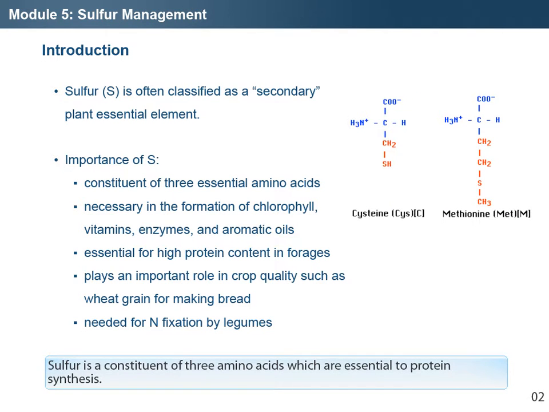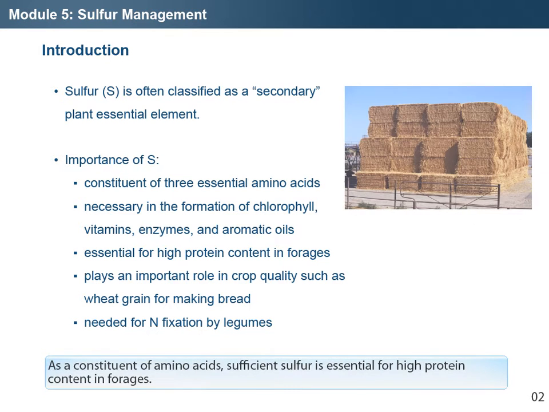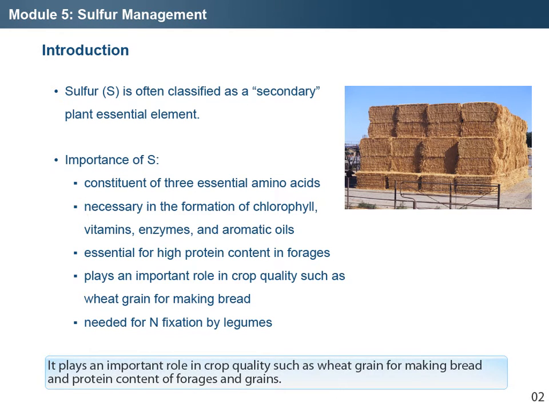Sulfur is a constituent of 3 amino acids which are essential to protein synthesis. Sulfur is also necessary in the formation of chlorophyll and other important compounds. As a constituent of amino acids, sufficient sulfur is essential for high protein content in forages. It plays an important role in crop quality such as wheat grain for making bread, and protein content of forages